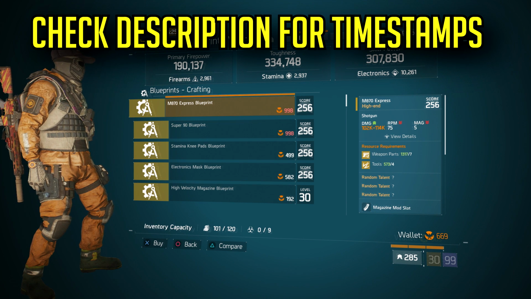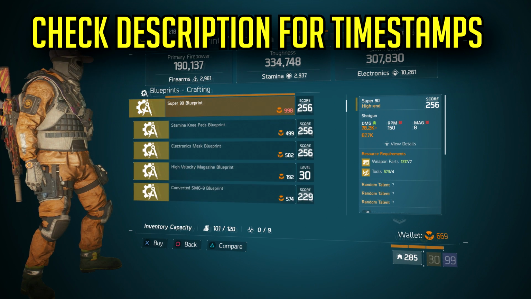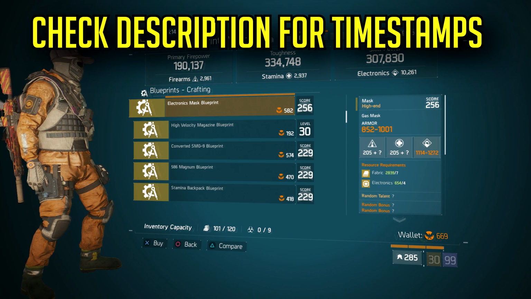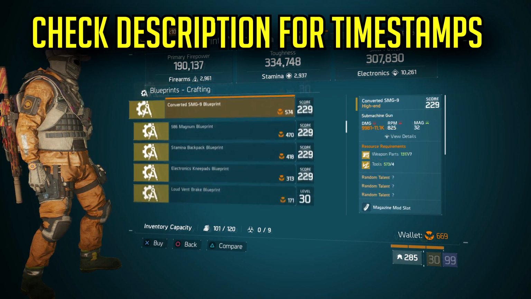Starting off with the blueprints vendor in the base of operations in the terminal. We have an M870 Express shotgun blueprint, a Super 90 blueprint, another shotgun, stamina knee pads blueprint, electronics mask blueprint, high velocity mag blueprint, and then I guess there was something else here that I probably bought, because as I